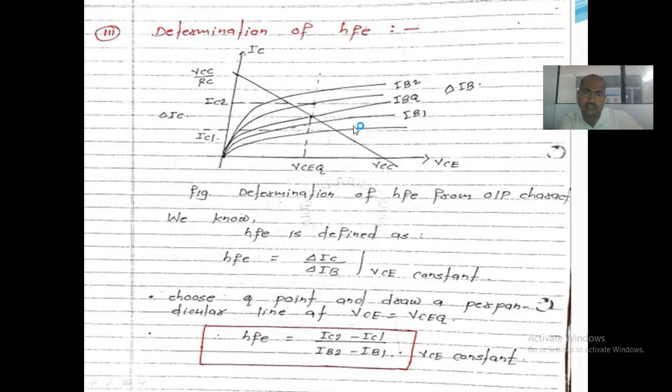Accordingly, we take the values of the first IB1, IBQ, and IB2. These are the values of the particular IB, right? So when we calculate this value, we just use two points. We know that HAP is nothing but